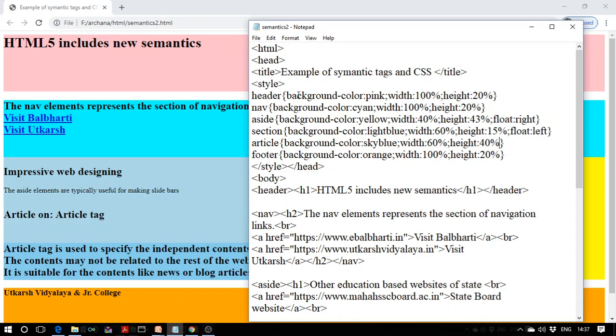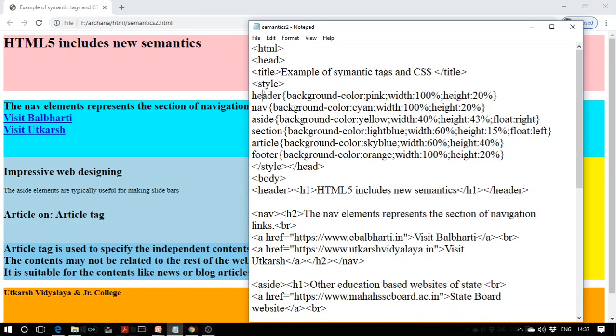So here again we are going to make use of the internal CSS, and we are going to create the selectors also. Okay, see, after the basic tags like HTML, head and title, inside the head section I am writing a style tag because we are using internal cascading style sheet. So the style tag is closed here.